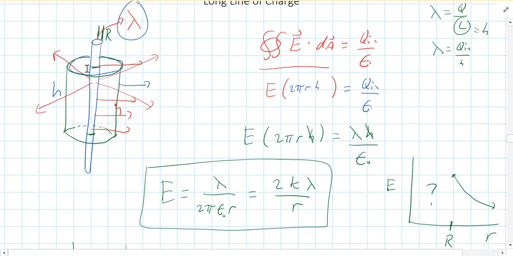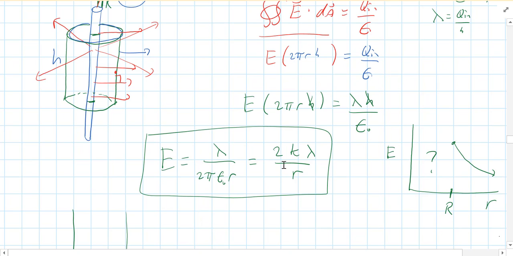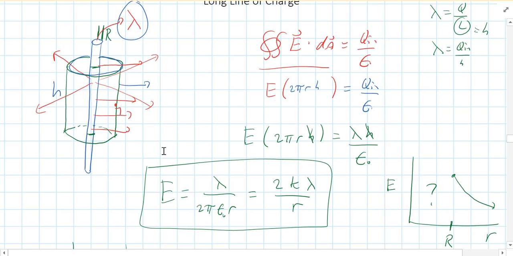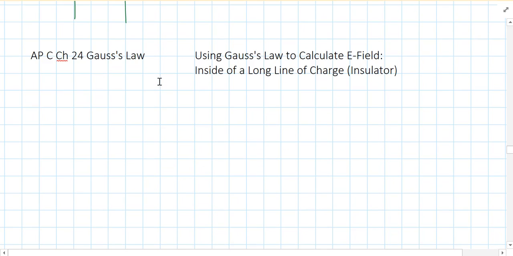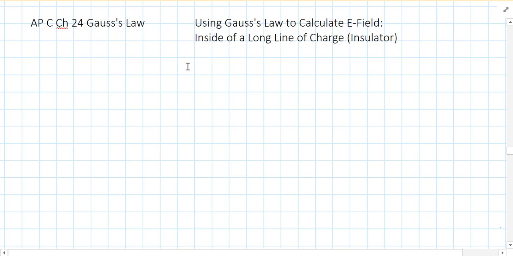When we did a long line of charge, if you're outside the line of charge, you get this equation, 2k lambda over r for the electric field. But notice when r approaches 0, E would approach infinity, and that's not correct. So once we start digging into this line of charge, something else is going to happen. So again, we're assuming that the line of charge is an insulator, meaning let's say it's made of plastic, and